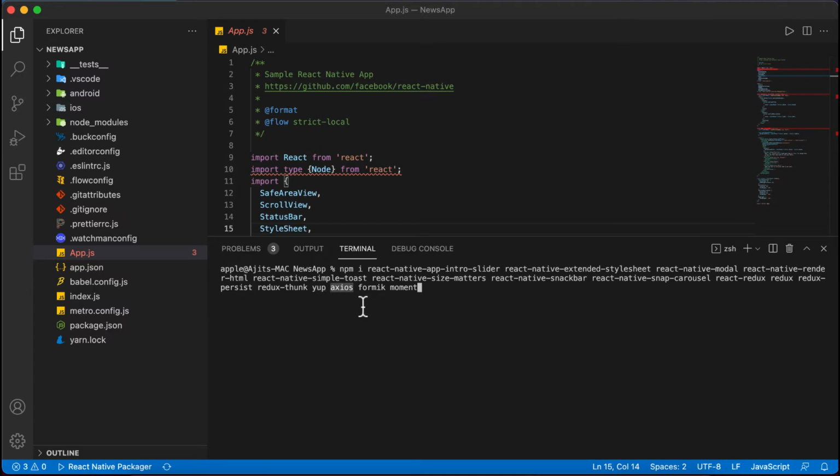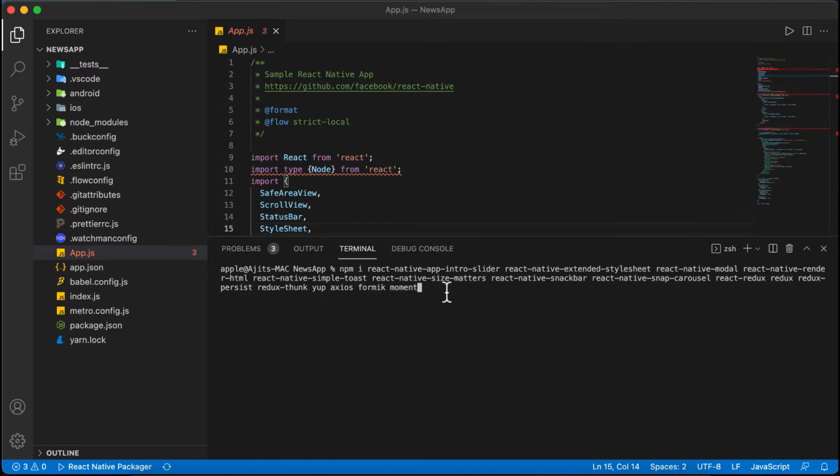Then Axios, we will use Axios to send API requests, network requests. Then Formik, it is also for the form validation things. Then moment will be used to format the date.